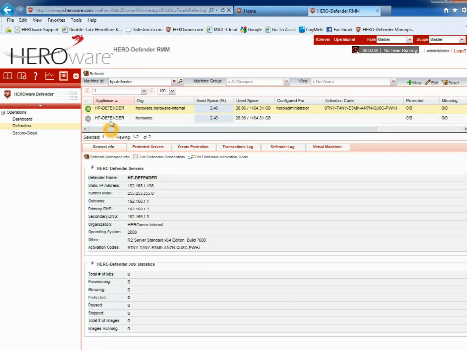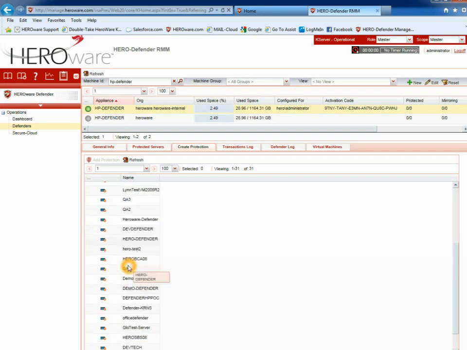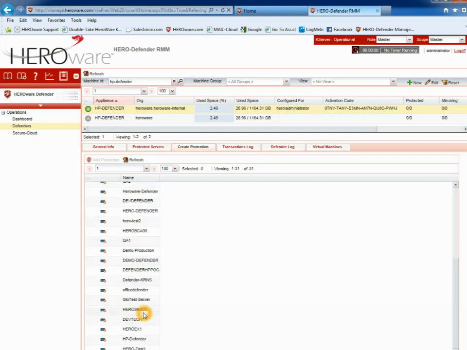So you have this Defender in your environment. You've already loaded the agent software on your production machines, and you go to the Create Protection tab. In the Create Protection tab, we're going to get a view of all the servers in your environment that have that Double-Take agent loaded on it. I'm going to have quite a few because we do a lot of testing around here, but I'm going to go ahead and take the